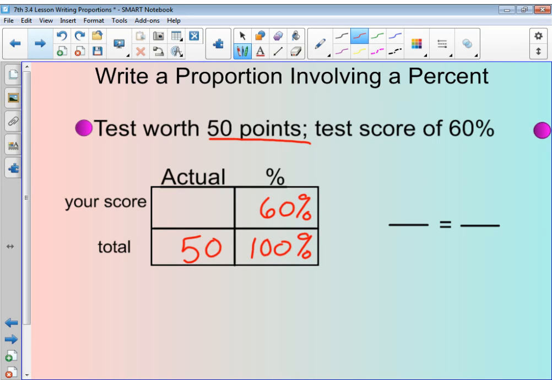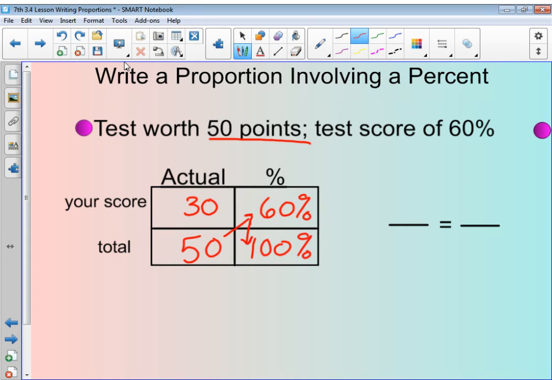Okay, so now we're going to go ahead and cross multiply and divide. And because we're multiplying and then dividing by a percent, we don't have to change those percents to decimals. So I would punch in 50 times 60 and then divide that by 100. And when I do that, it gives me 30 for my